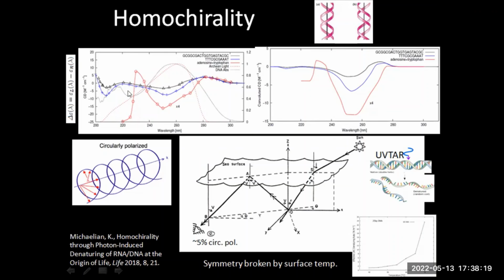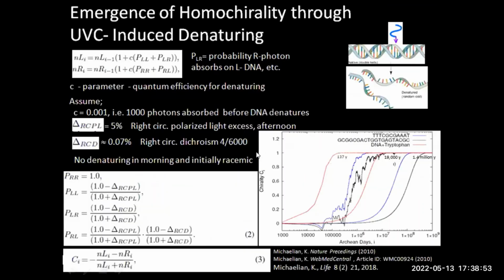The word I'm looking for is the convolution. So we do a convolution, okay? So we're multiplying these spectrums by these spectrums. So we have greater intensity where there's more light, and that's why it goes down farther here than in this graph. Okay, this is the convolution of this circular dichroism spectrum with the light which is arriving at Earth's surface in the Archean, and also the absorption of DNA that gives us this spectrum. Okay, so with these curves, we can then calculate